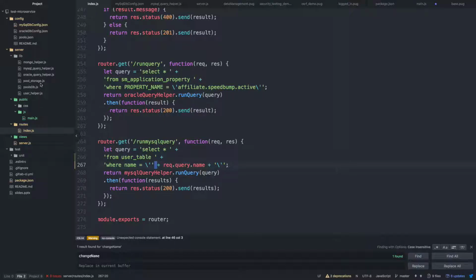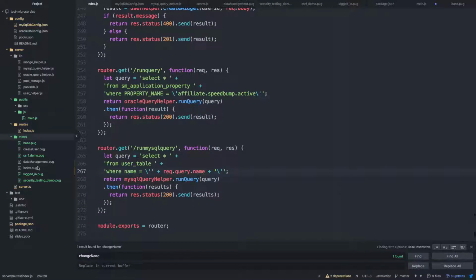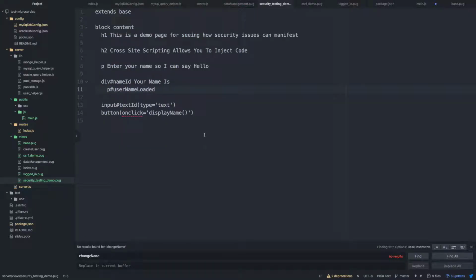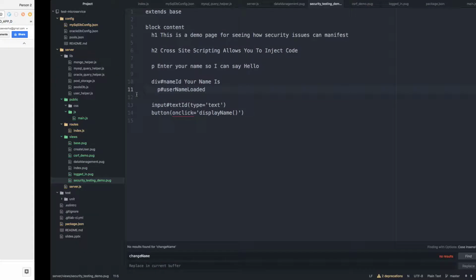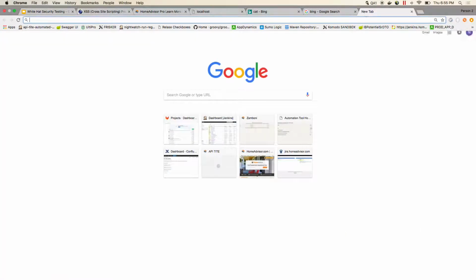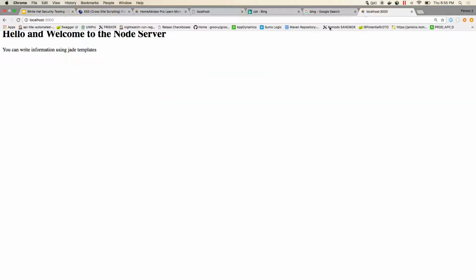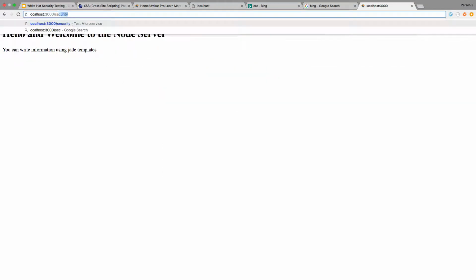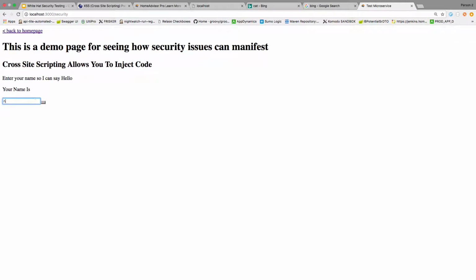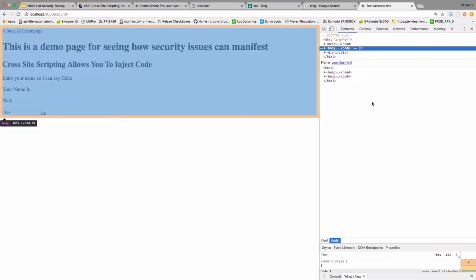Pulling it up, so what I have here is a simple site. I have this name ID, username loaded. Someone puts in the name and they click and it displays the name. So what happens if I look that up, the correct way to do it? Security, put in my name. It says your name is Nick. One of the interesting things about client-side is you can see the JavaScript code. You don't even have to ask the developer for it. I can go